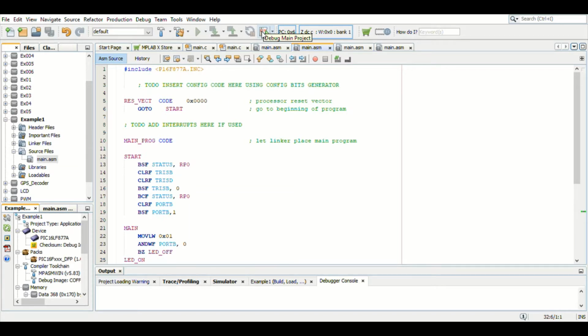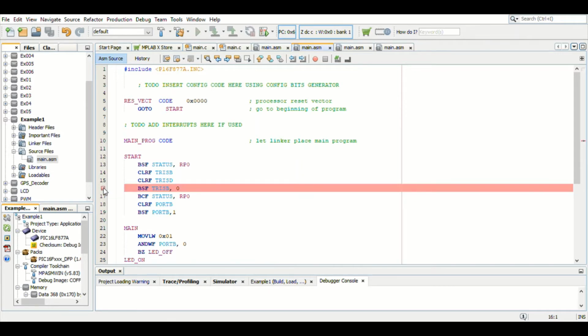When you go into the debug mode, you can look into the internal registers. In order to look into the internal registers, you have to pause at certain points and look into those. For that, we have something called a breakpoint. So I'm going to set up the breakpoint. Let's say on this particular line number 16, I just have to click on it, and it will install a breakpoint there.